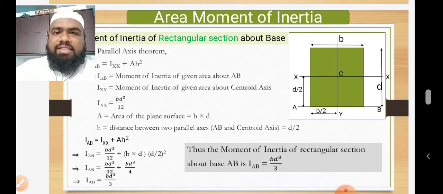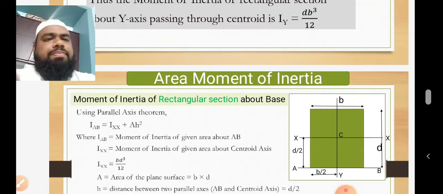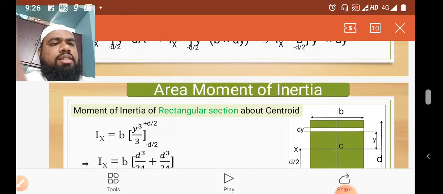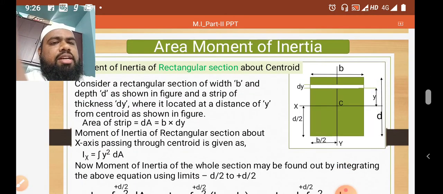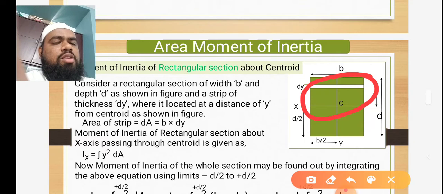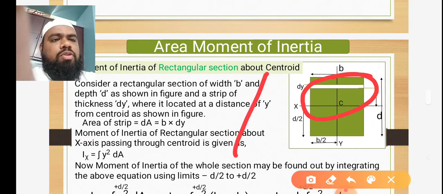If the axis is the x-axis, then it is the centroidal x-axis. If the axis is the y-axis, then it is the centroidal y-axis. So we found both the centroidal x-axis and the centroidal y-axis. What happened in the previous session is we considered the horizontal section for finding x bar. So this area we have concluded, and we have explained these things.